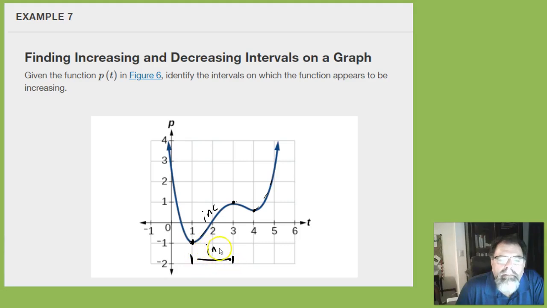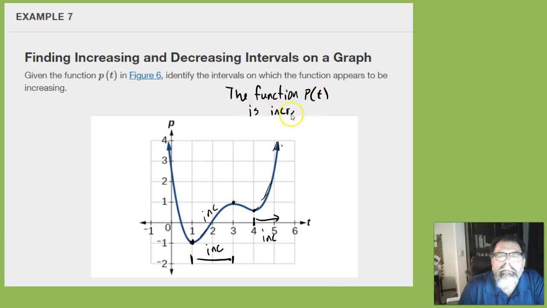That's increasing. And then this part's decreasing. So starting here, 4 to infinity, that's going up. And see, because of the arrowhead, this will go forever. So this is increasing. So the function p of t is increasing on the intervals,